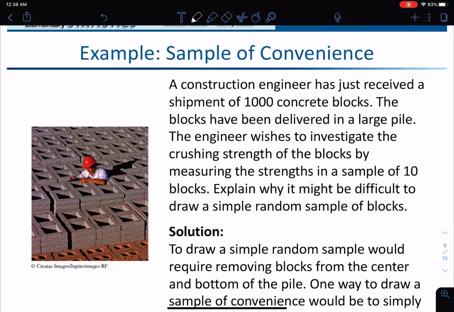A construction engineer has just received a shipment of 1,000 concrete blocks. The blocks have been delivered in a large pile. Usually these things are delivered on pallets, right? The engineer wishes to investigate the crushing strength of the blocks by measuring the strengths in a sample of 10 blocks. This kind of thing does happen, especially when Caltrans is working on a bridge or something like that. They're very scientific about it,